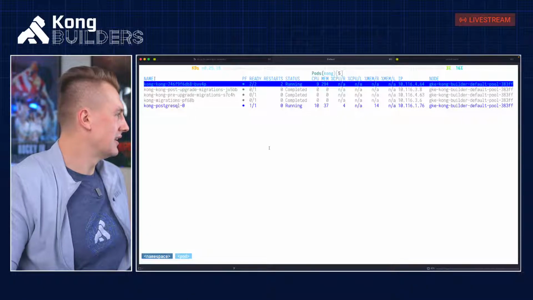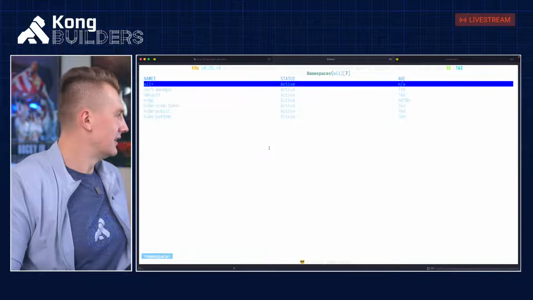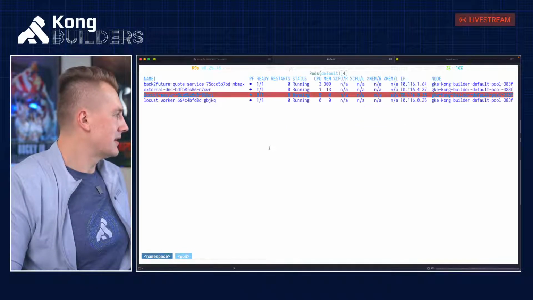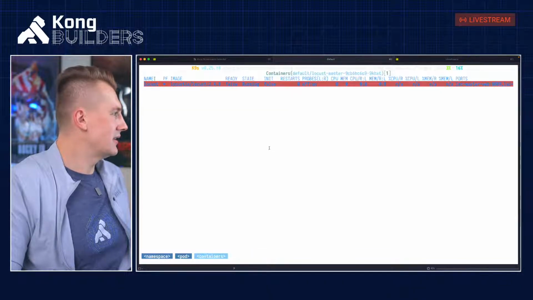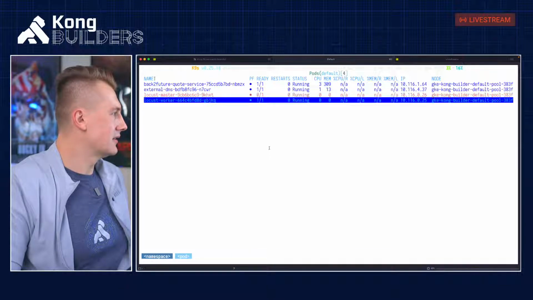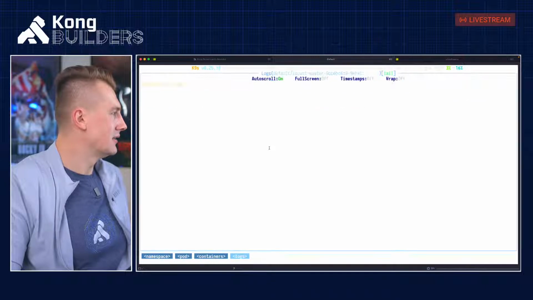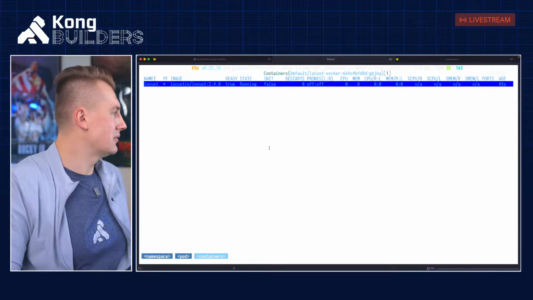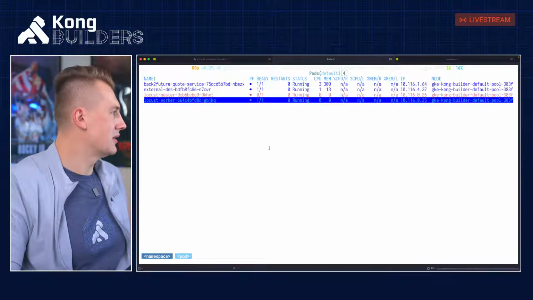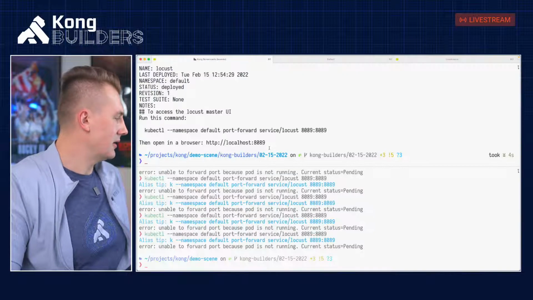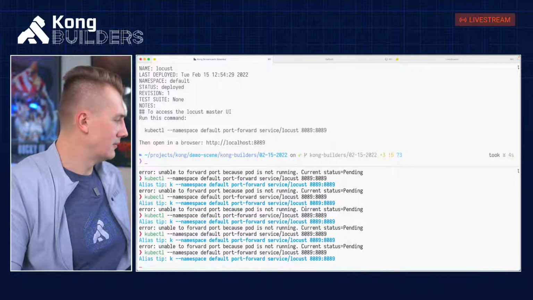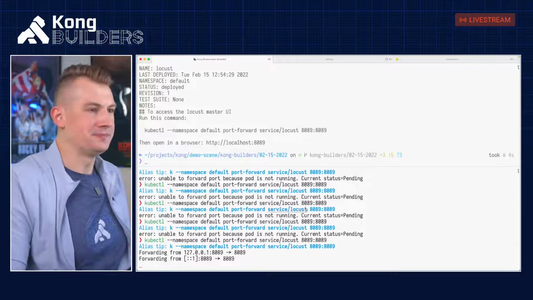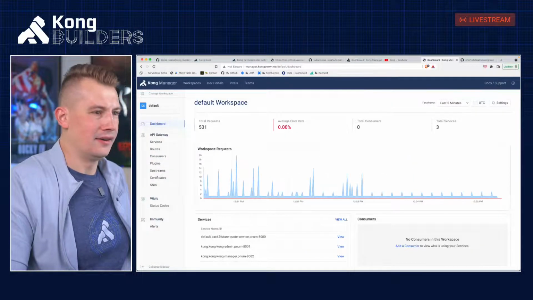Let's see if it's still coming up. Locust master is running. Let's see. Yes, it's up and running. Is it ready? Ready, set, go. Accepting connections. It should be up and running. Let's see, the worker is up and running. So one worker, one master. Why is it not? Okay, yeah, it works. Okay. All right.